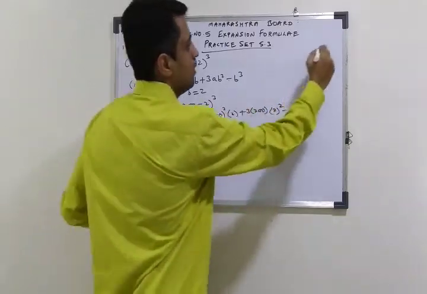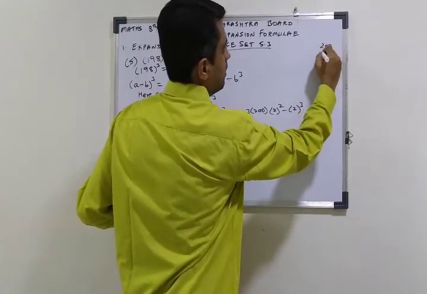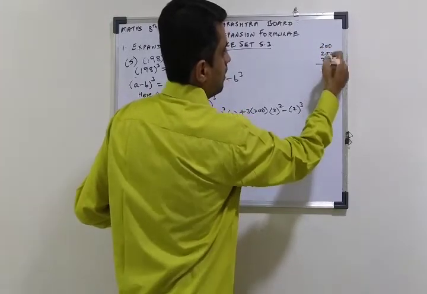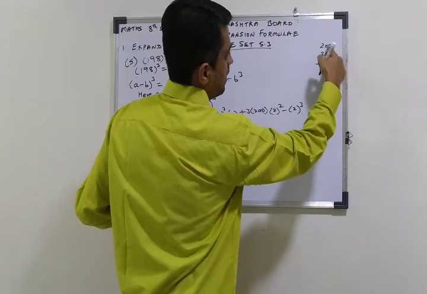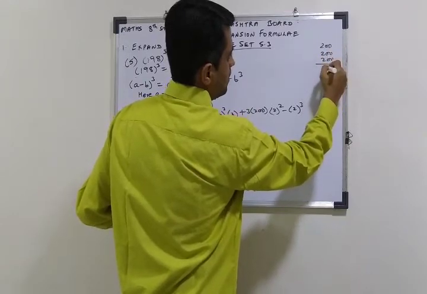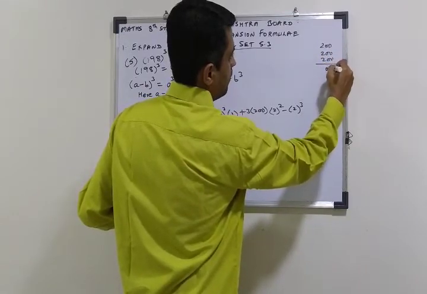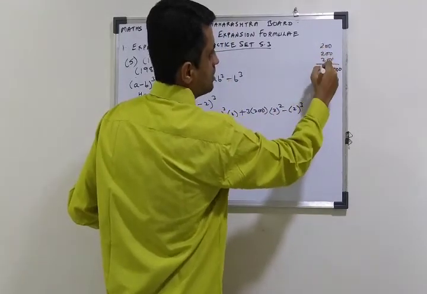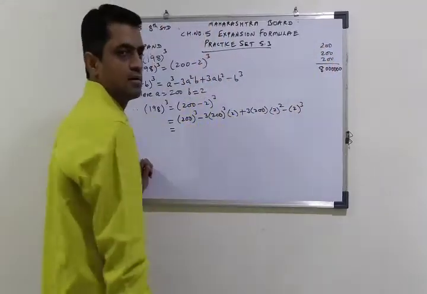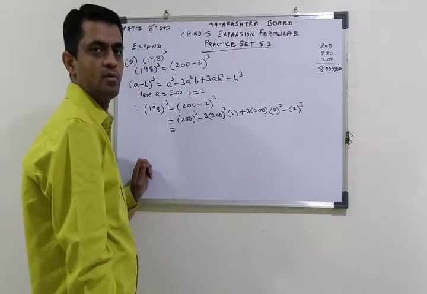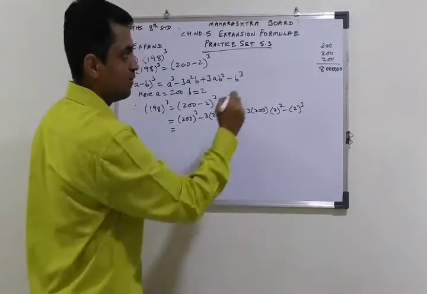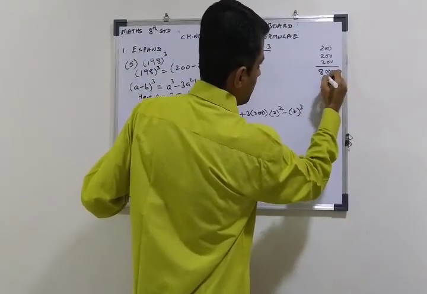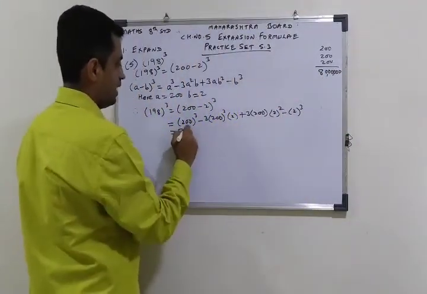Let us open the bracket. 200 cube. 200 cube means what? 200 into 200 into 200. Write down how many zeros are there. 2, 4, 6, 6 zeros. 1, 2, 3, 4, 5, 6. 2 2s are 4, 4 2s are 8. So directly we got the answer. This way you have to solve in exam also. So now what you will get? Let us put the comma. 80 lakhs. Wow, 80 lakhs we got.